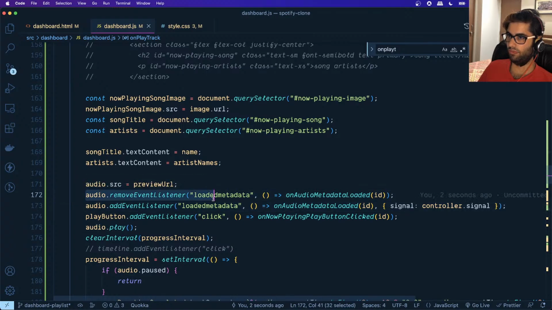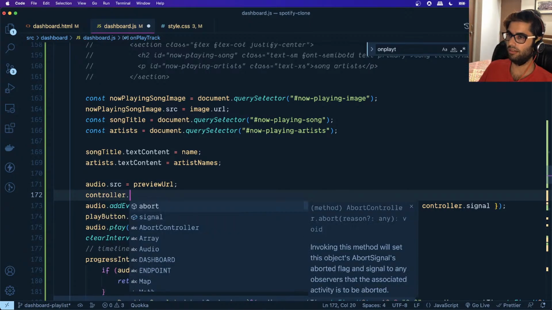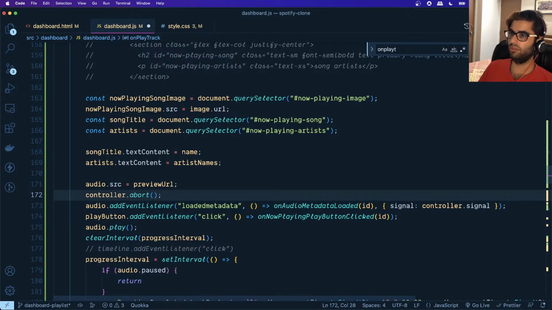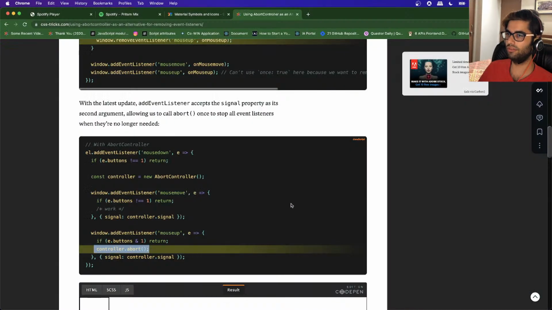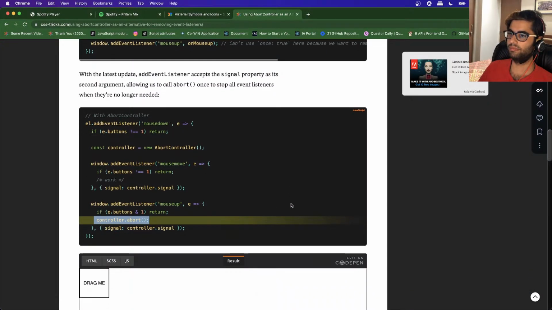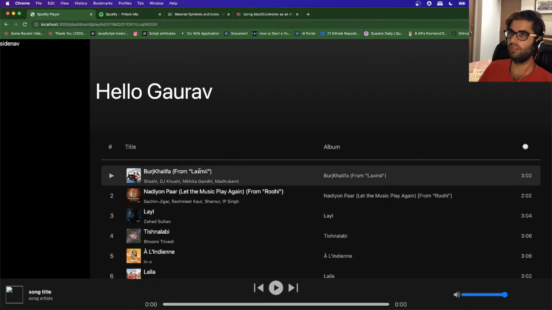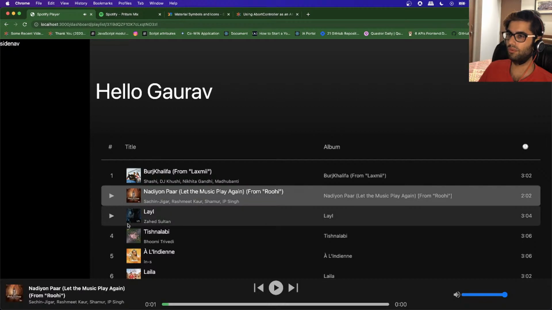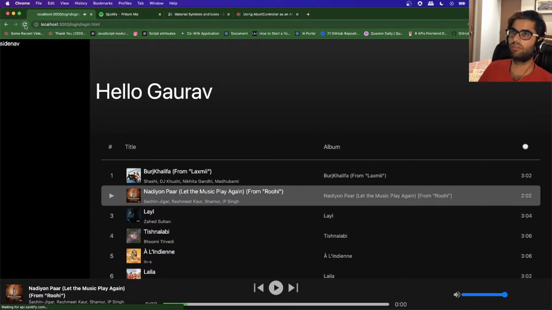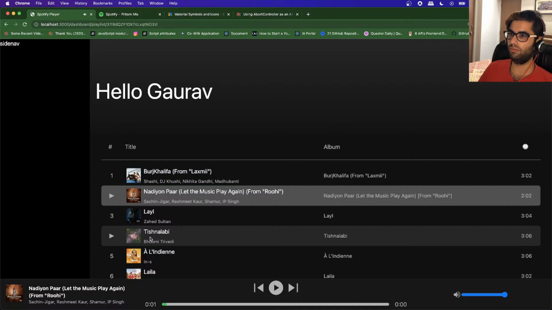So for all the previous ones, before we add a new event, we will say controller.abort. So it should kill all the previously loaded event handlers, right? Let's try this out if this is fixing the issue. So playing this,